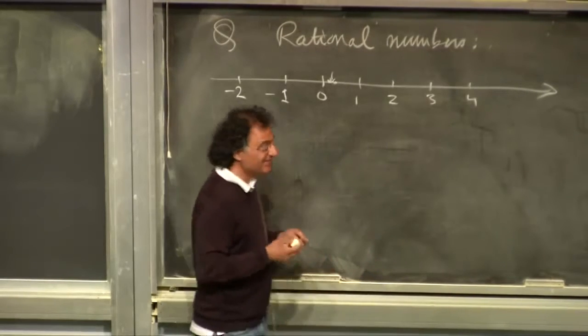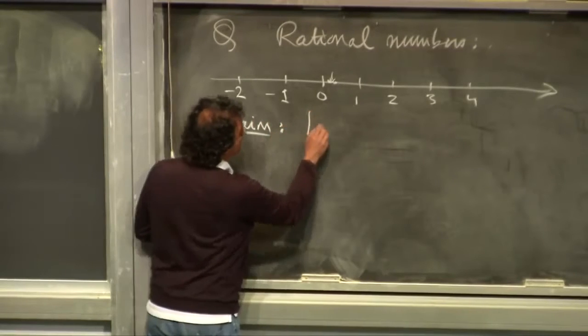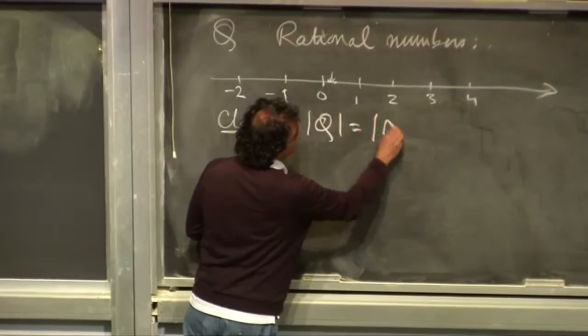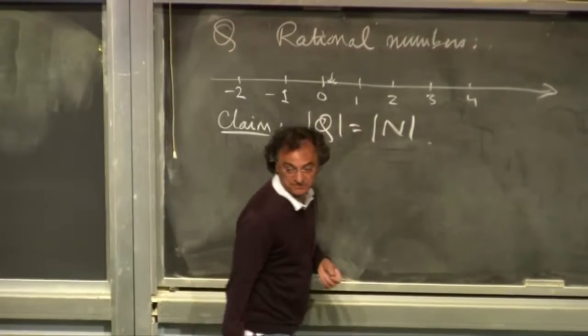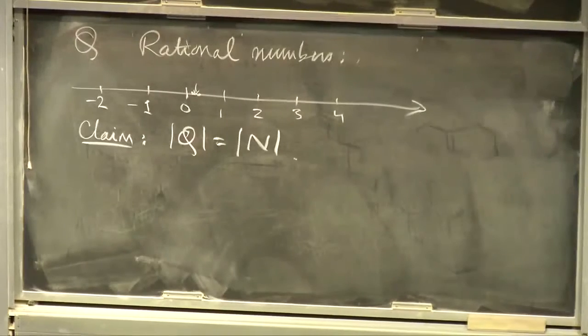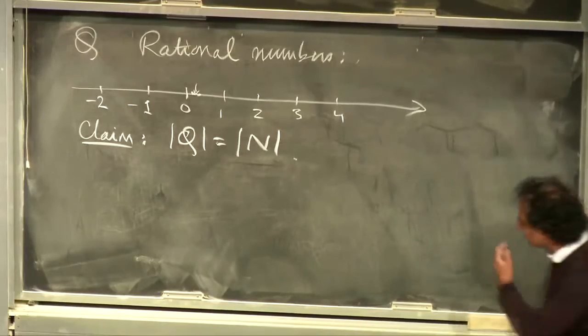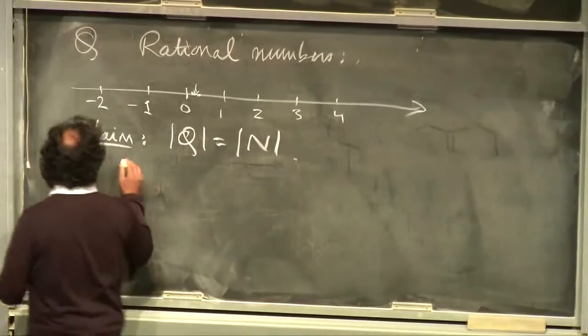So here's the fact. The number of rational numbers is exactly the same as the number of natural numbers. Okay? It's no different. And so to show this,